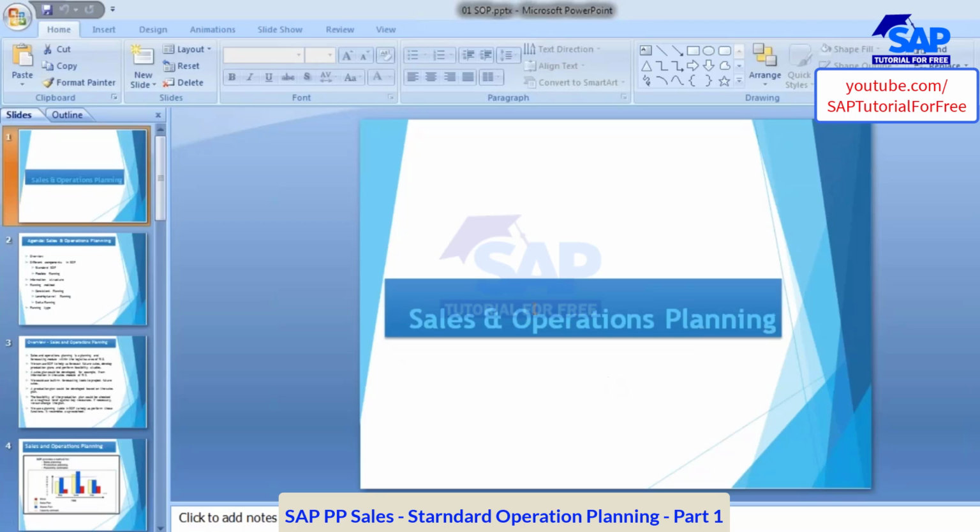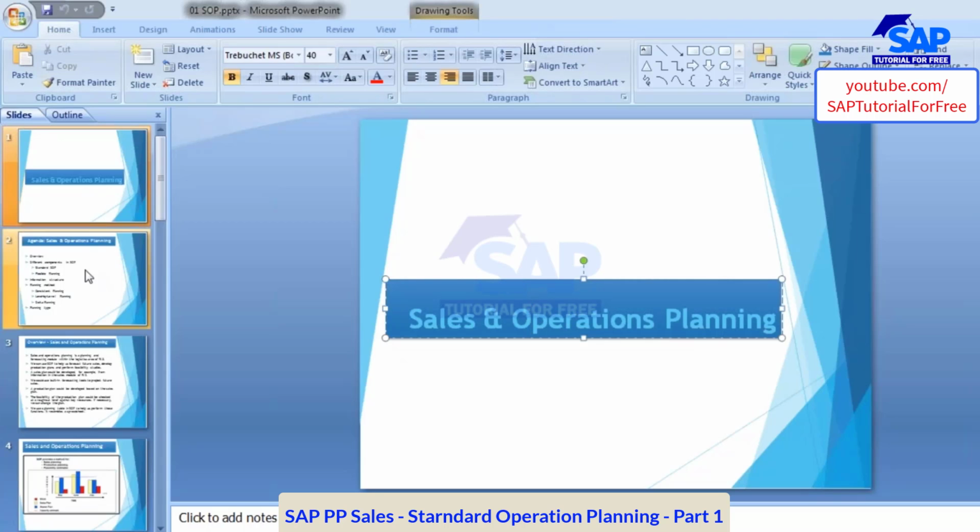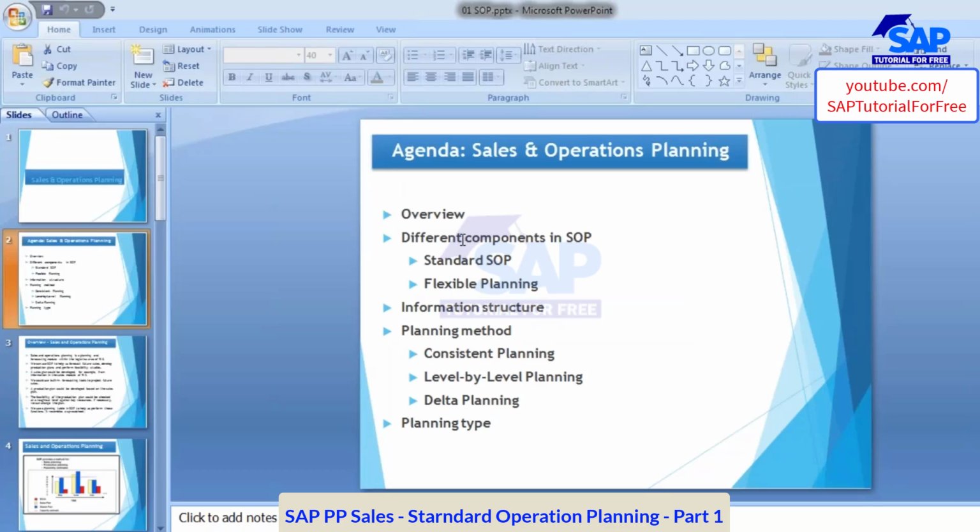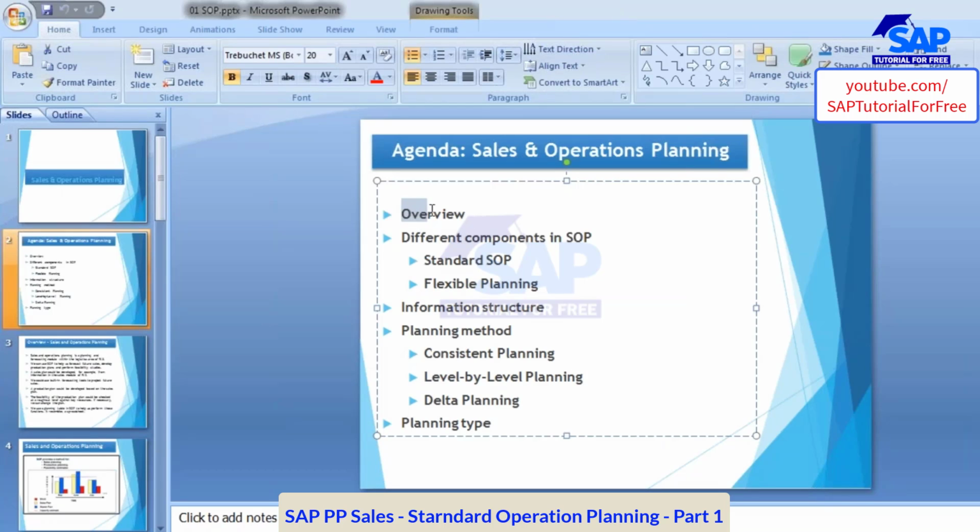Okay, so sales and operations planning. The topics we'll be covering in sales and operations planning are, first, the overview. Then we'll see what the different components in SOP are: what is standard SOP and what is flexible planning. And then we'll understand some important objects used in sales and operations planning, like information structure, and then